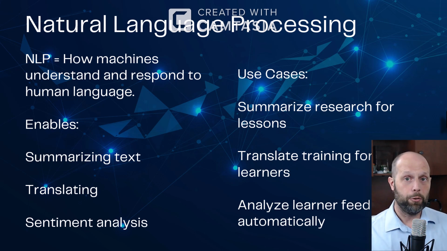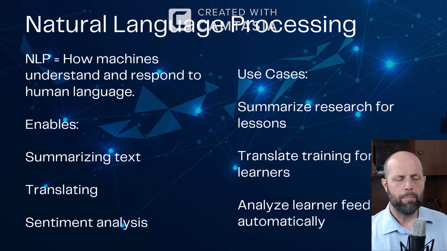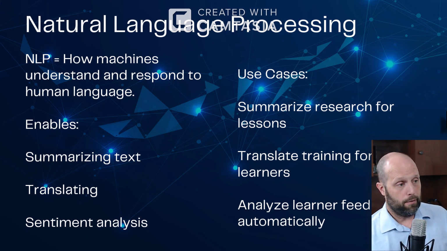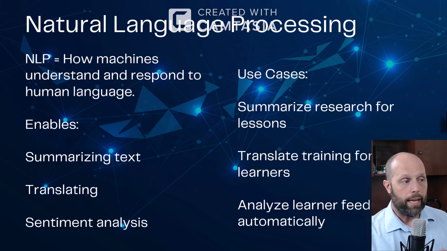Now, fast forward to what we have today with AI models: we have natural language processing, which means that the computer can understand natural language that we speak and type every day. So no longer do we have to have some sort of a degree in computer programming or some sort of training as a computer programmer and knowledge of those programming languages in order to interact with a computer and have it do things for us that previously was prohibitive because we just didn't know those languages, right? So what this allows for us is it allows the AI to summarize text, translate it, and look at sentiment.